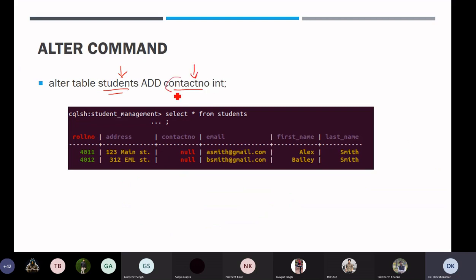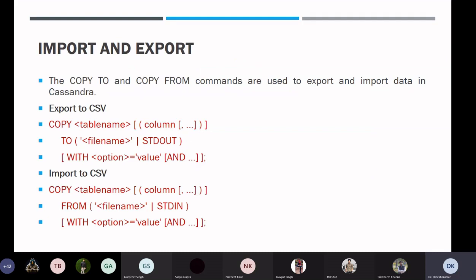This is the new column name that I have introduced in my student table, and its data type is integer. So now you can see this is inserted, but the values here are null, right? So we can update this by using the update command for these particular students. So this way we can insert a new column into the existing tables.